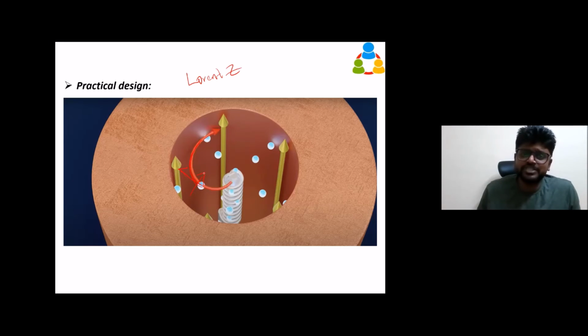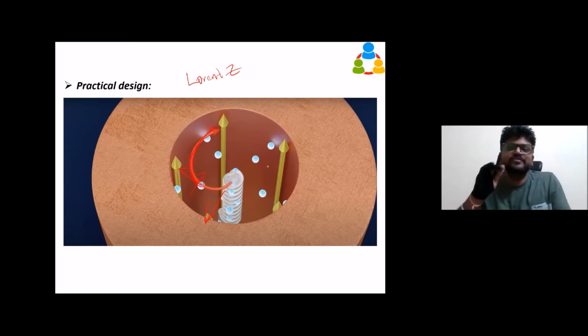And the direction of the force is given by Fleming's left-hand rule. And the charge takes this curved path. It's not going to go radially towards the anode. It will go radially towards the anode when there is no magnetic field. But now I ensure there is a magnetic field. So when there is a magnetic field, the force acts on the charge and it's going to take a curved path. Now I increase the interaction space. Whatever this hole is, I'm calling it interaction space. This is fully filled with vacuum.